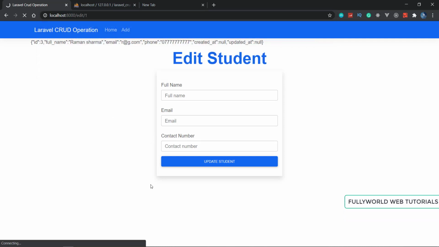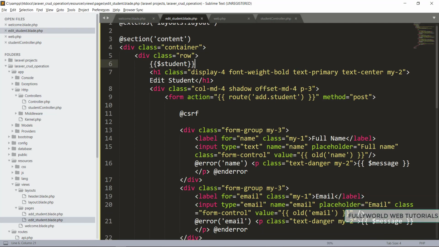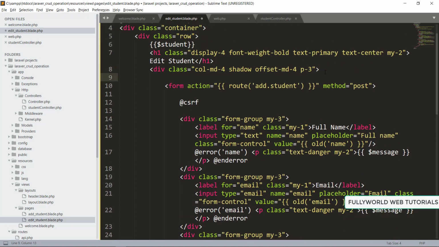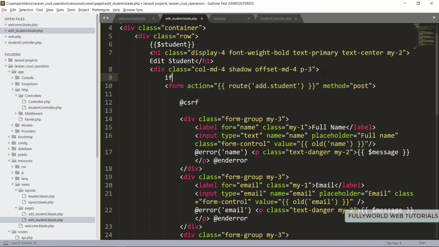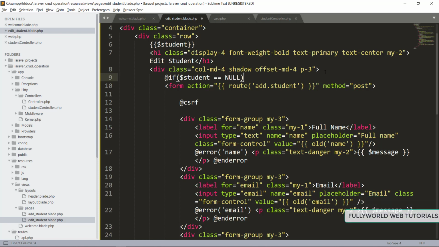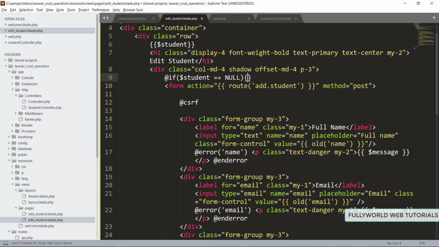Let's see here. So this $student is there. First of all, go to our form here. Here we will write if $student is equals to null, then what will we do?